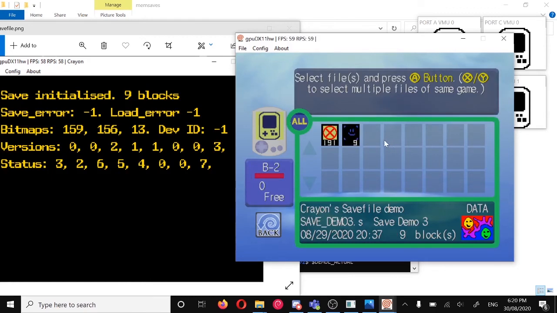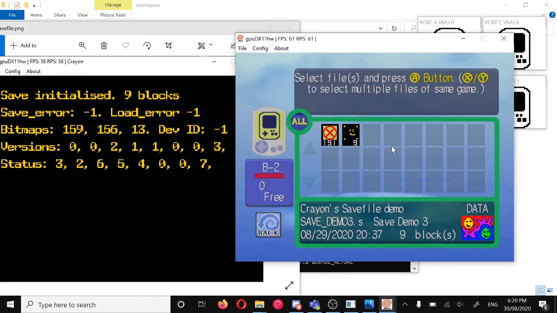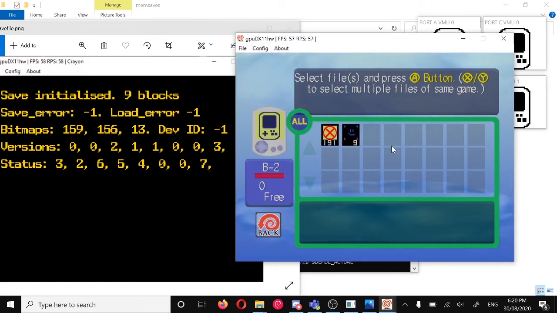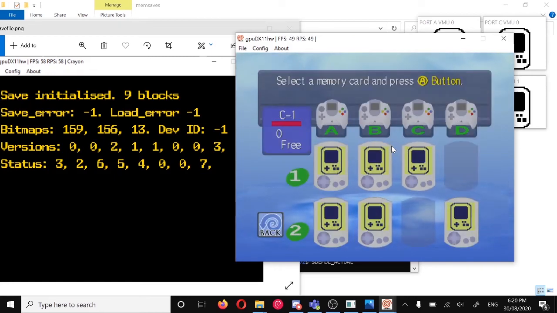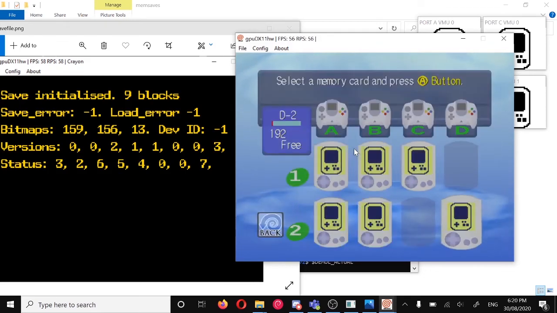Then here, we have a... this is actually my second time recording, my bad. This is supposed to be an old save file from version 1, which will be 8 blocks, plus 191, leaving 1 free block, which means it's possible to upgrade. And as we can see, it was possible to upgrade because I did it in the previous recording. Oh, I forgot to reset my memory cards. Oh well. And over here, similar thing, this is a version 1 save file, but we don't have any free space, so the save file would fail to upgrade because there's no remaining space. And then finally over here,